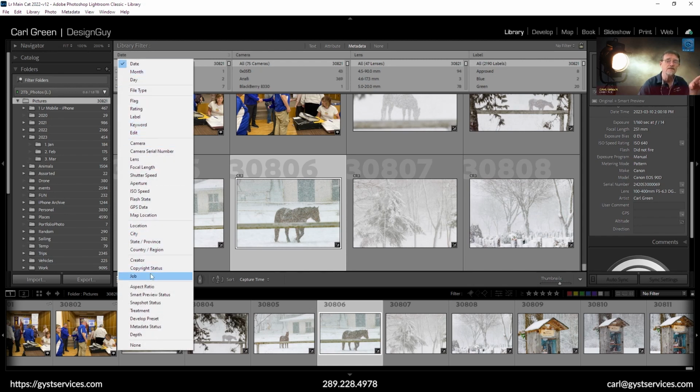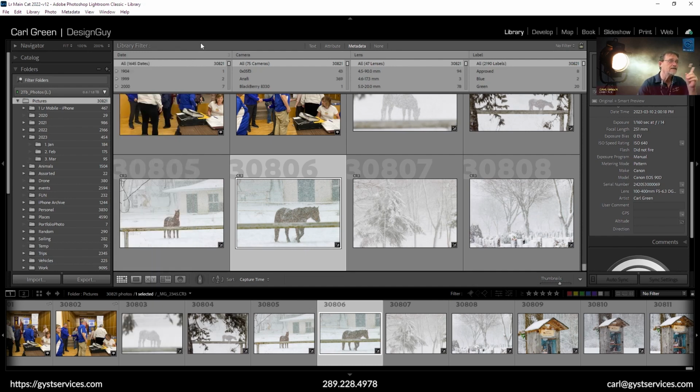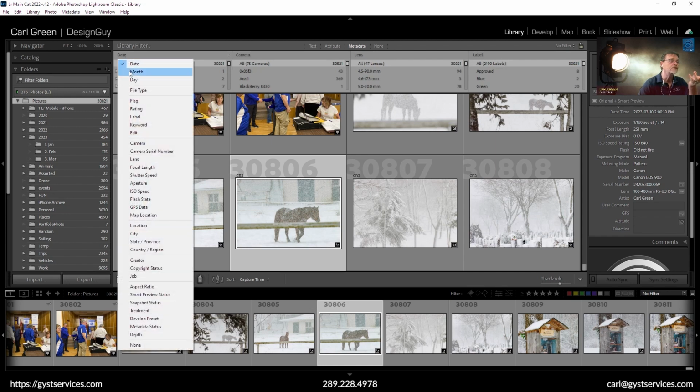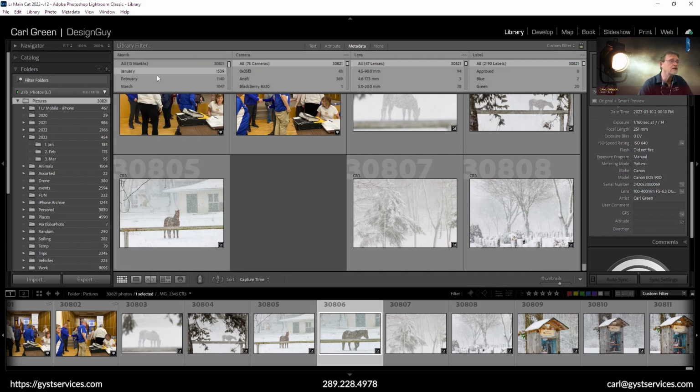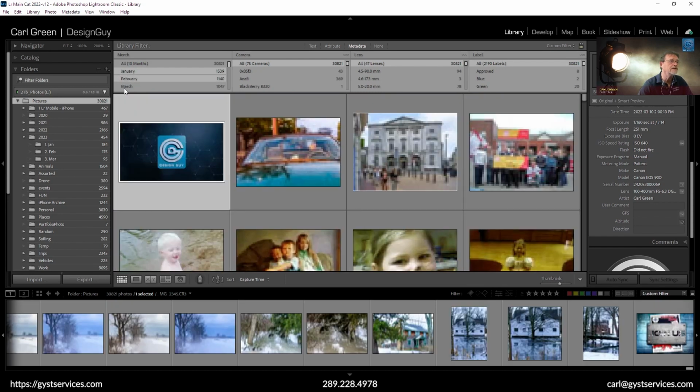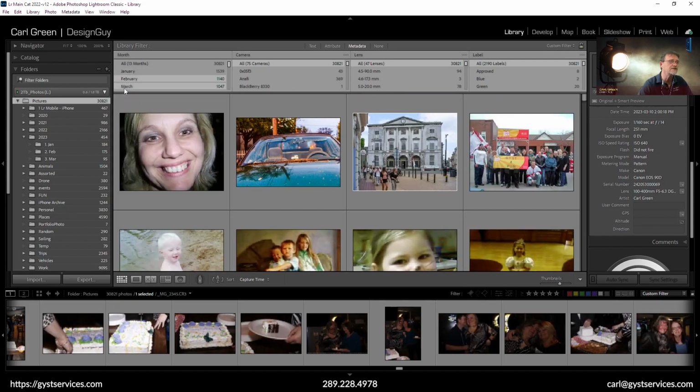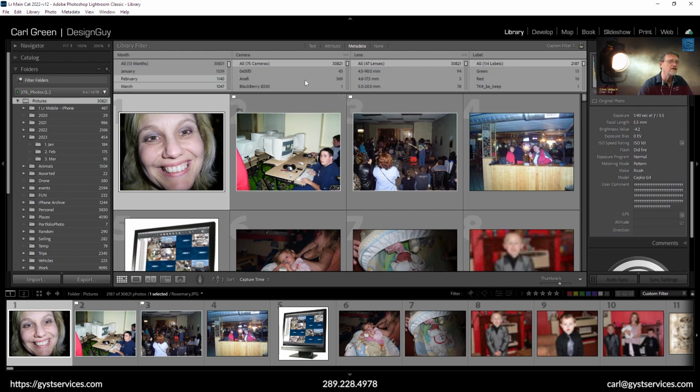This is built into Lightroom and very few people actually bother to use it, and I think that's a shame because you're missing out on some opportunities. Here I'm showing everything by date. I'm about to do a seasonal book, so I will be looking for something. For example, I want to sort by month. So if I wanted to do winter, I might choose January and February and March. It's shift click to select the ones you want, and then you would